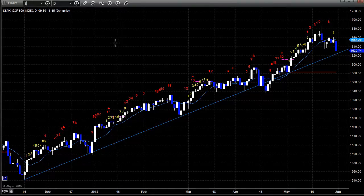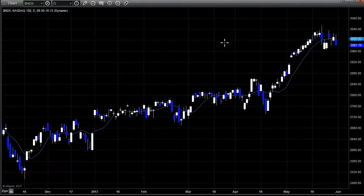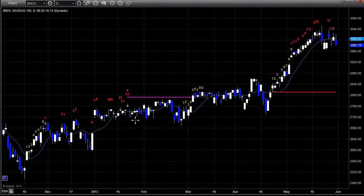Let's pull up the NASDAQ 100, the other major index that we follow. This one obviously was a lot less interesting in January, February, and March. Very flat, made the tech stocks almost unbearable. But the difference is, while the S&P had just that steady uptrend that gave us a series of our Seeker sell signals, the 13 sell signals, the NASDAQ 100 never really had that, and you can see we got 13 back here in January, and that actually was sort of the top area for a while. That resistance line was used up here, and then we rolled back over,